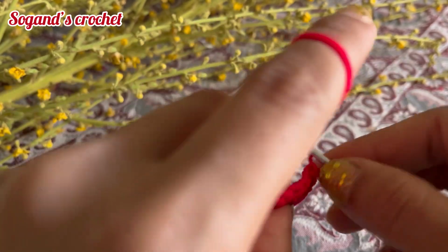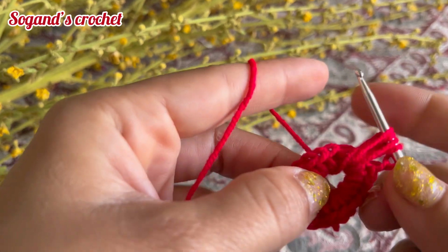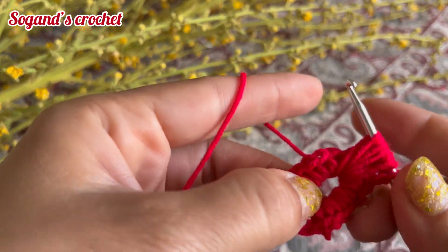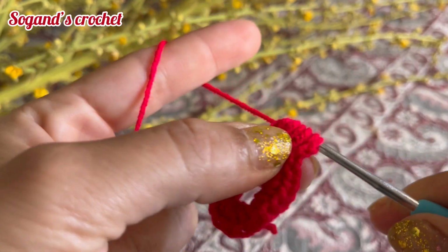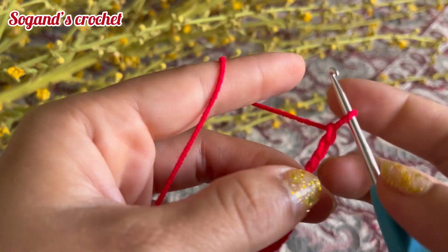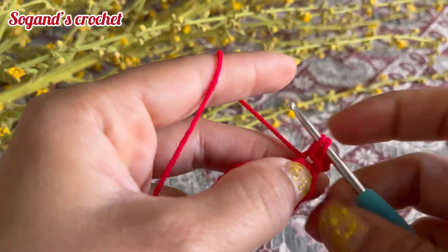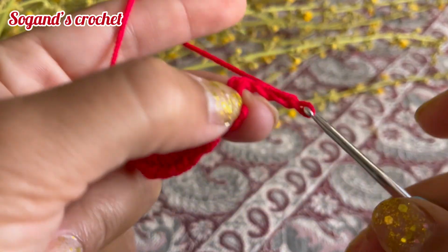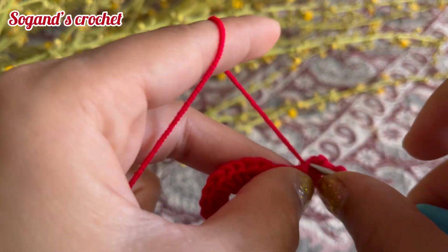Chain 1, stretch it, yarn over, insert your hook into this circle and pull up loop twice, 3 times, 4 and 5 times. Yarn over, pull through all loops, chain 1 to close it, chain 3, then make a single crochet on top of this puff stitch, chain 3, then make a single crochet on top of this puff stitch,